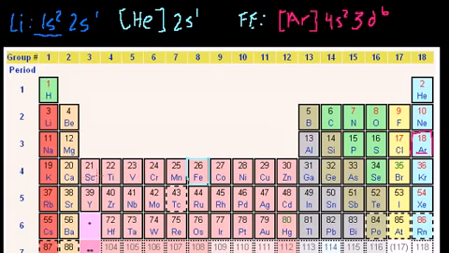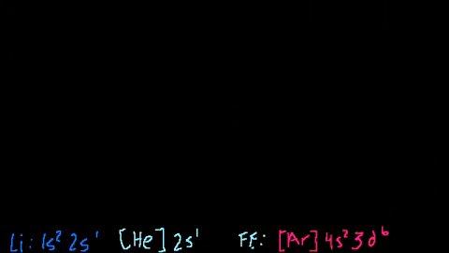Why does it not just continue? Why doesn't it fill the fourth d shell? And the way I think about it, and this is all intuition, and things at the atomic level really start to become, on some levels, non-intuitive. But the way I think about it is as the atom grows larger and larger, there are more spaces between the previous orbitals. For example, and this is just how I visualize it,